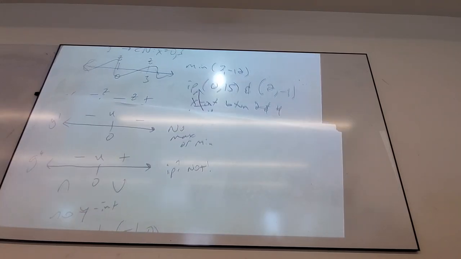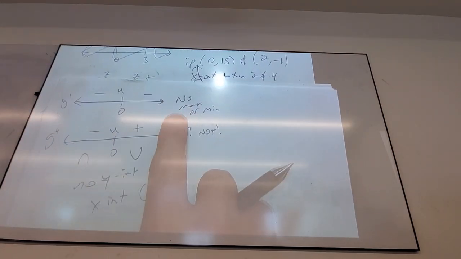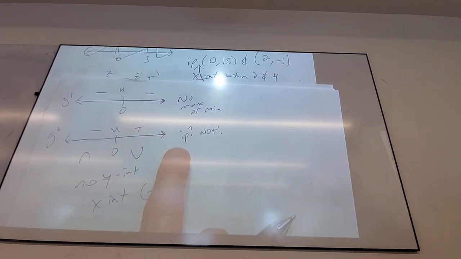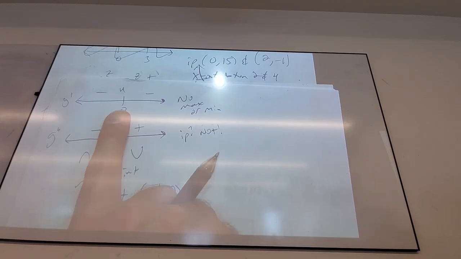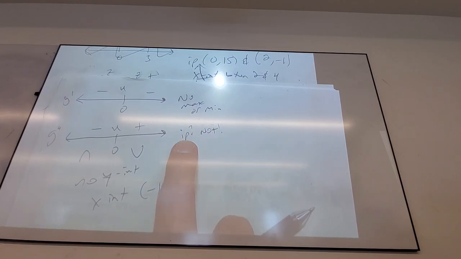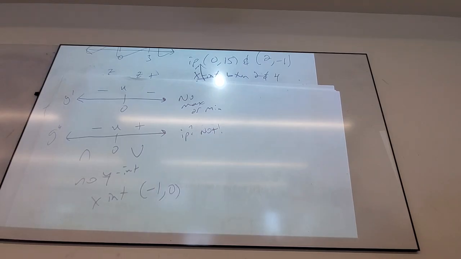So here I've accumulated what we know about g. I think this matches with the stuff on the board over there, so good job, guys. No max or min. There is a place where concavity changes, but the place where it changes is itself an asymptote. So there's no inflection point. So concavity can change around inflection points or around asymptotes. Everything can change around asymptotes because they're freaky places.